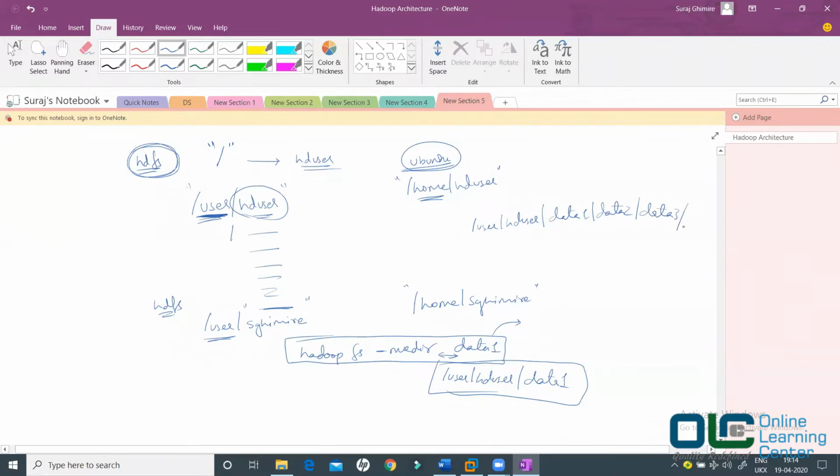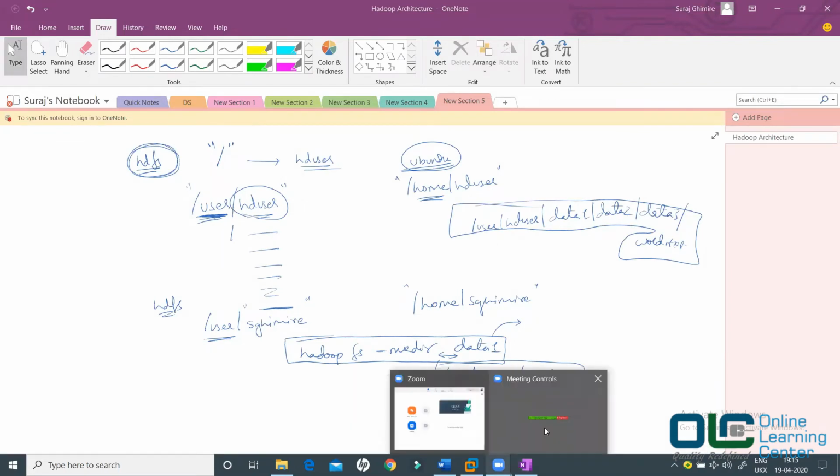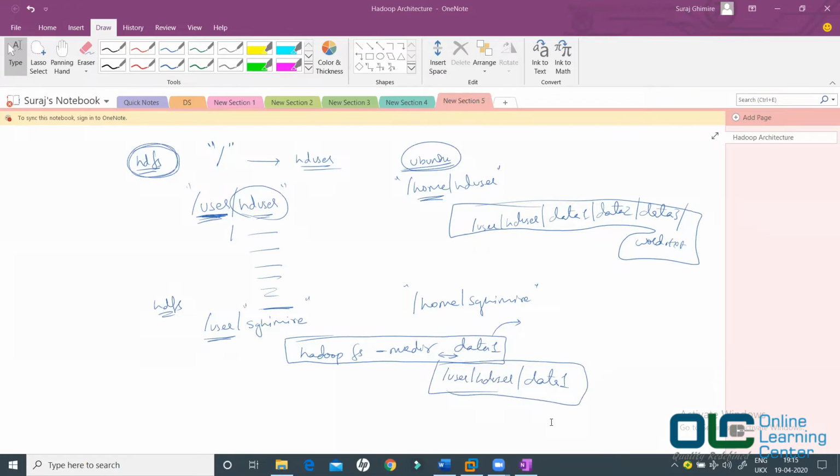Okay, and let's assume there is a file inside this word.txt. Suppose this is the complete path of your folder. You have created a folder like this. Now can you tell me on which machine this folder will be created, assuming that this is executed on a multi-node cluster? I'll tell you one thing, that these folders do not have any entity.